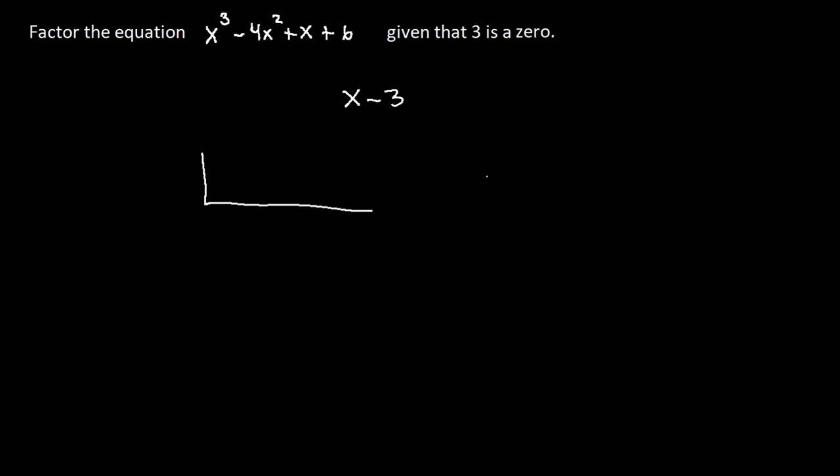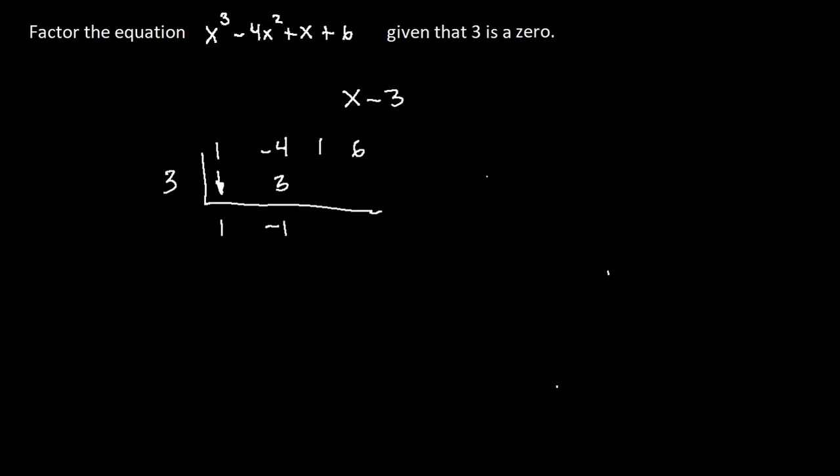The first thing to do is, you copy all the numerical coefficients from your function: 1 from x cubed, negative 4 from your x squared, 1 from your x, and the constant term 6. The given 0, which in this example is 3, goes here, and you proceed into the division. 1 goes down, and 3 times 1 is 3, and then you add negative 4 plus 3 is negative 1, and then multiply